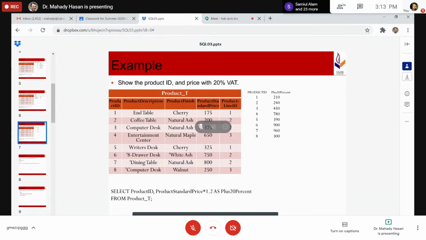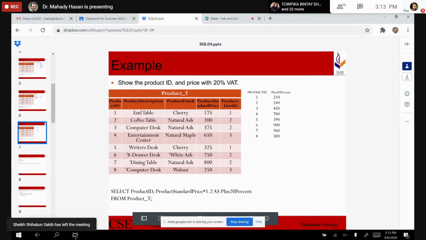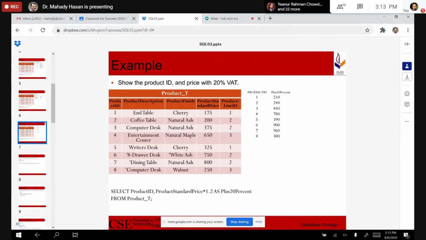AS is for renaming. You can see the title on top is plus 20%, so that's why you have renamed it with plus 20%. Whatever you rename, that column would be named that.